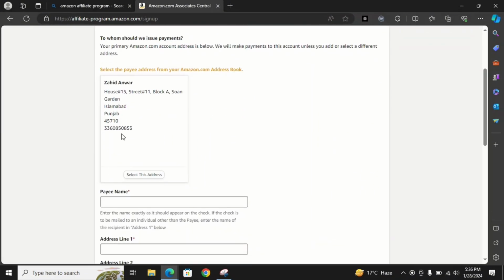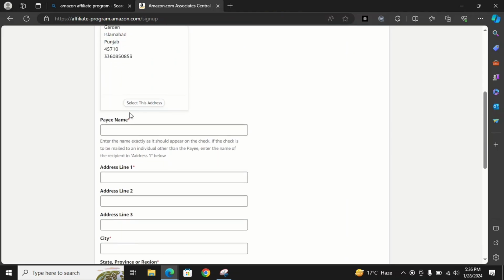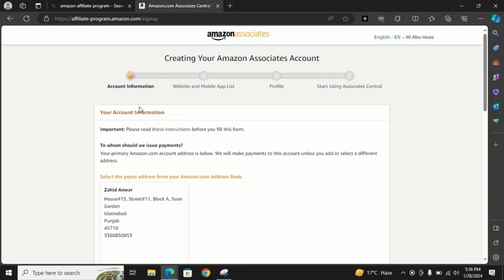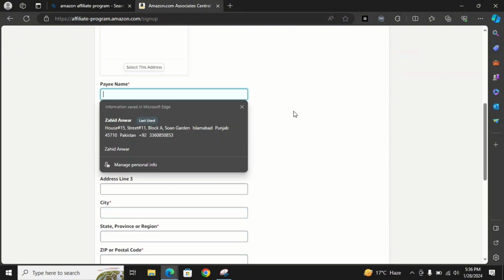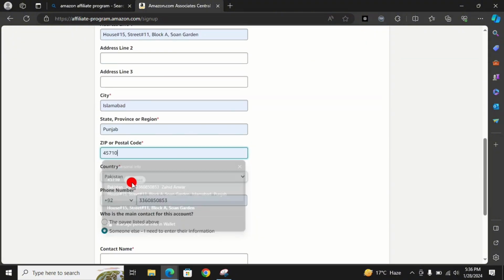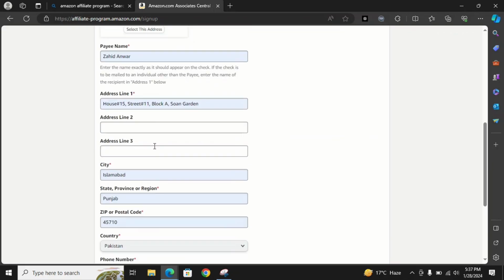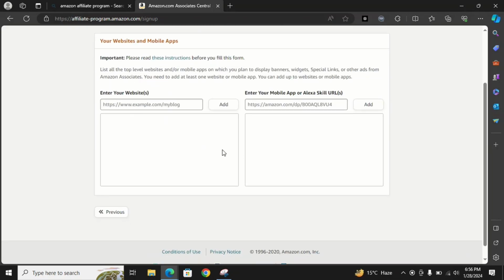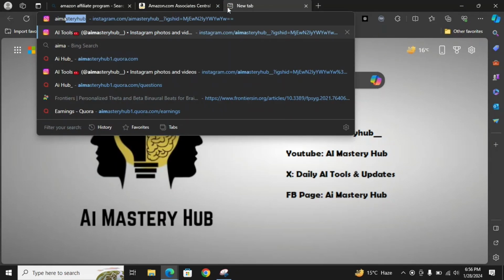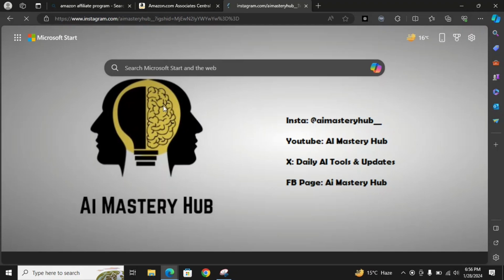And here I am. First you need to enter your details like your name, your address, your city. Just fill up all the details, and if this is you, just click on the pay listed above and click on next. And now here you need to add your website, so you can add your WordPress link or, like,